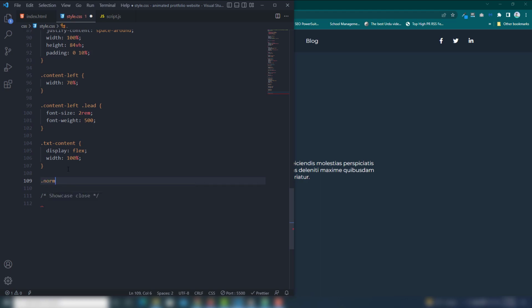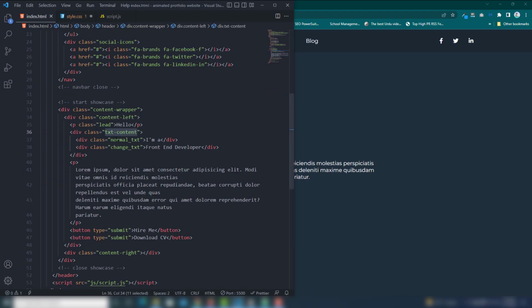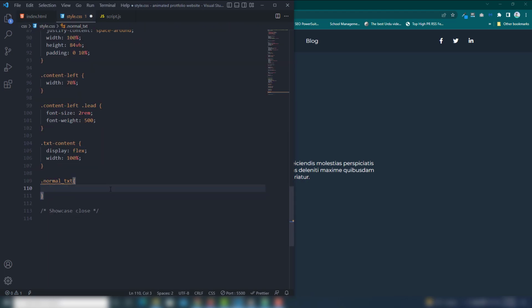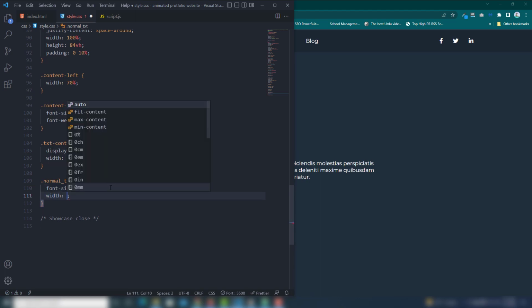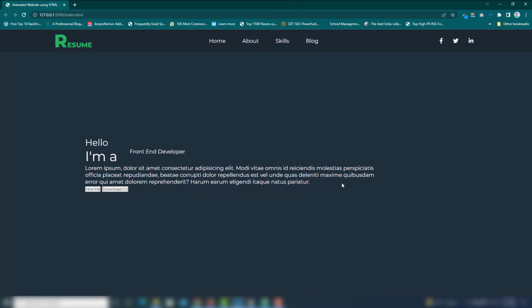I call the normal text like this one. In the normal text I'm going to set the font size to 3 rem, and width will be 15%. Right.